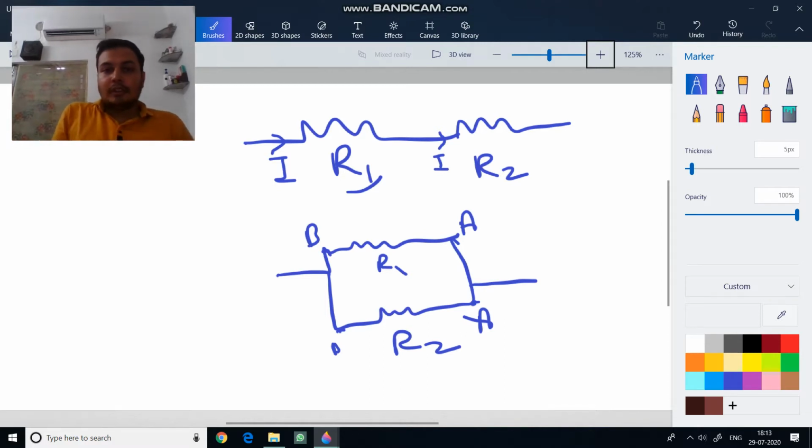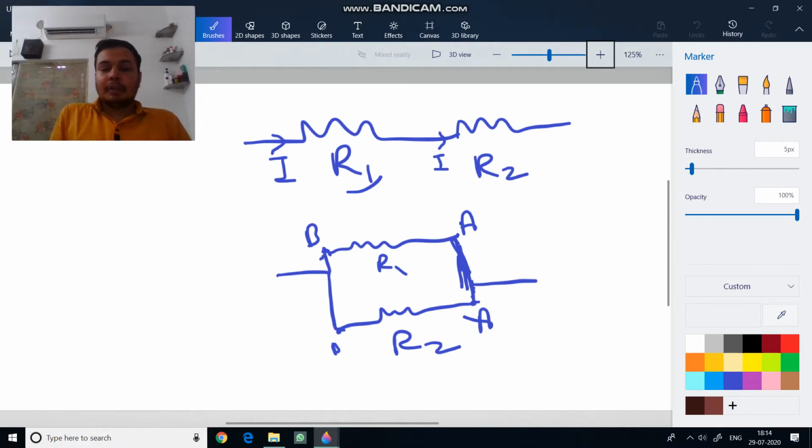So see, whenever a resistor comes, there is a difference of height between these two points, because whenever a resistor or cell is there, there is a difference. While if there is no resistor or cell in between, then they are on the same horizontal plane, meaning they have the same height in terms of gravity, and in terms of electricity they have the same potential. So this A and A, as there is no resistor or cell, have the same potential, and these two points, this and this, also have the same potential.